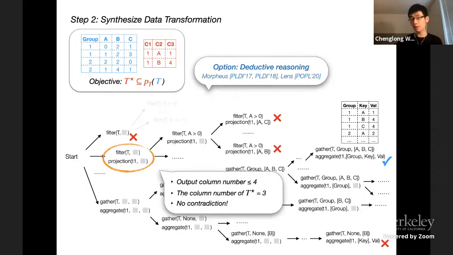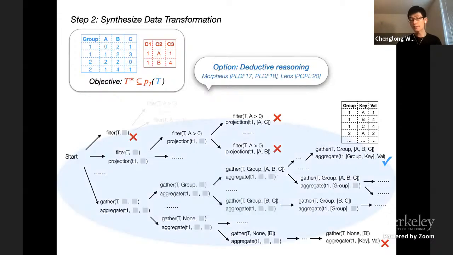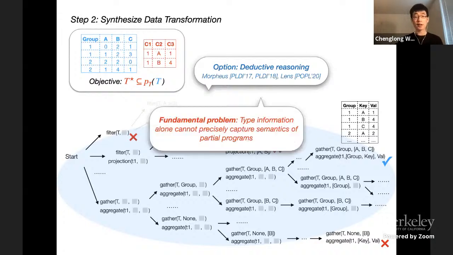So what is the problem here? Our idea is not wrong. We want to prune the search space as early as possible. But the fundamental problem is that using only this high-level information, we cannot precisely capture the semantics of partial programs, and thus we're losing a lot of pruning opportunities.